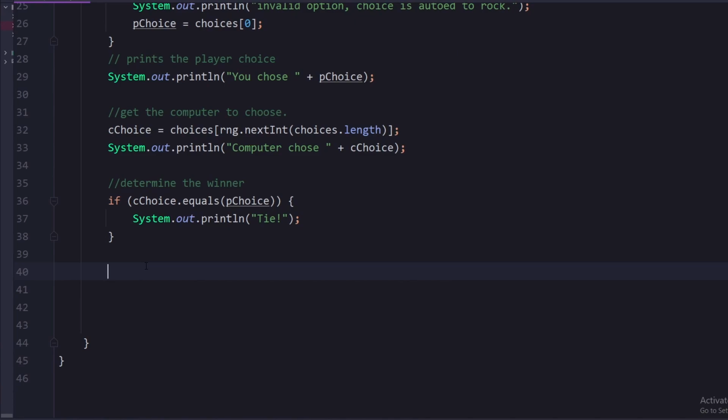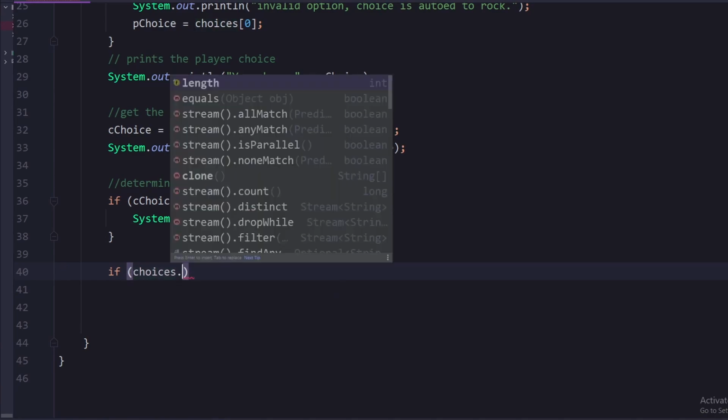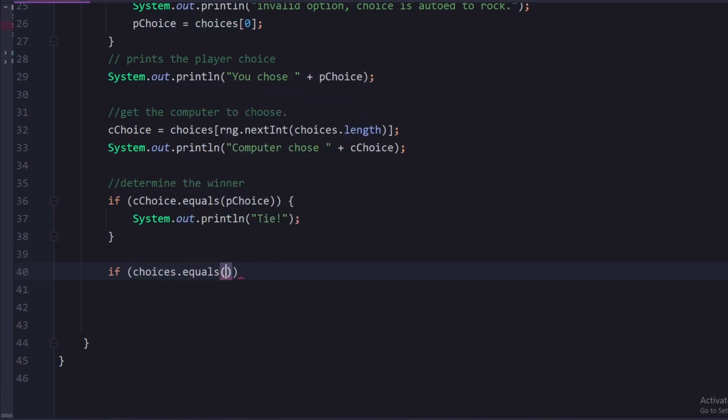And so all of the other ones, if not that, if player choice dot equals